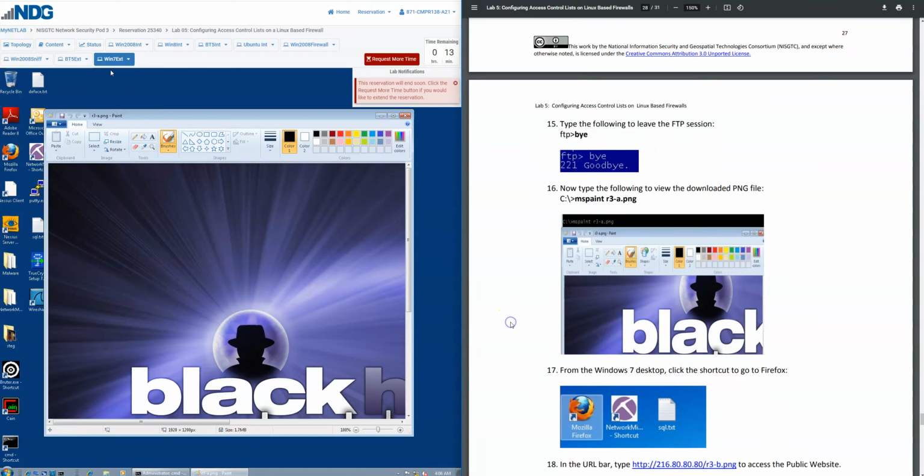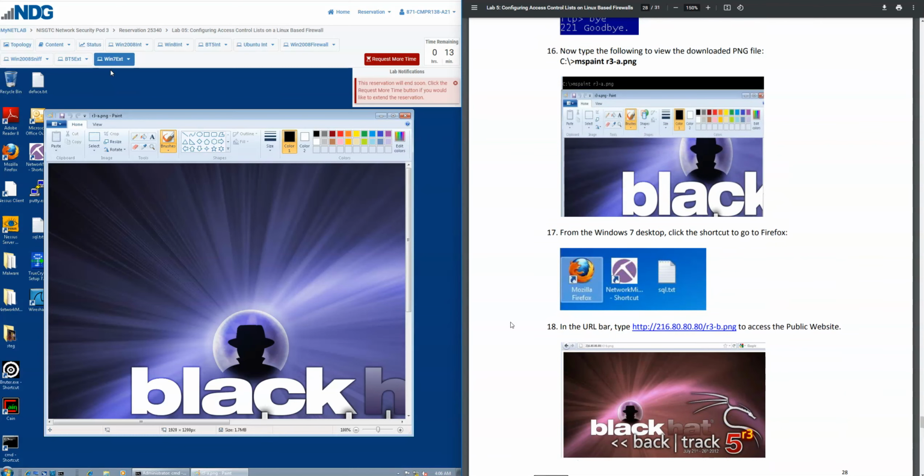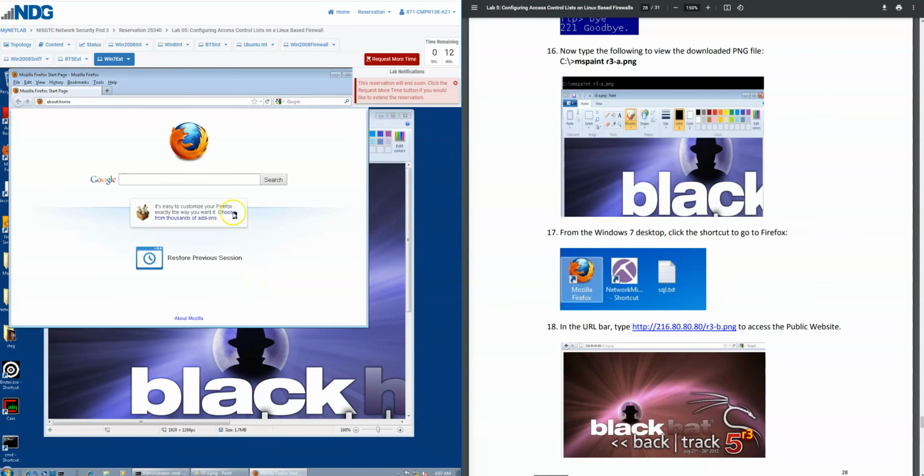And then on step 17, from the Windows 7 desktop, we're going to click on the shortcut to go to Firefox, which is over here on the left-hand side. I'm going to double click it to open. In the URL bar, we're going to type it exactly as is, lowercase http://216.80.80.80/r3-b.png